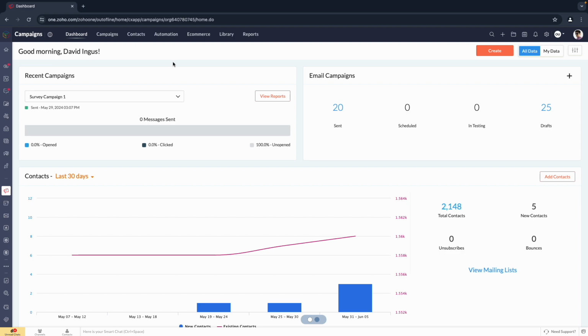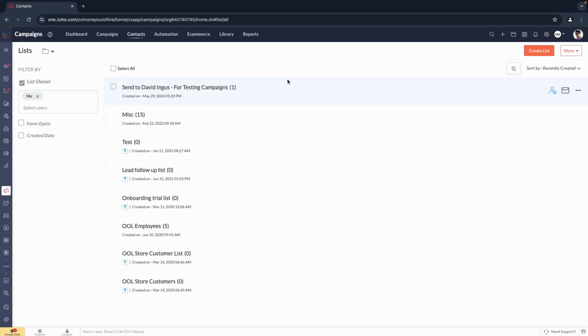So I'm going to now just hop over into Campaigns and click around and show you some stuff. Basically, when we're in Campaigns, the fundamental module that's arguably the most important is going to be starting with our contacts. And our contacts in Campaigns are always organized into different kinds of lists. There's the ability to go beyond that and to put tags in lists and to segment lists and everything like that. But generally speaking, we are always wanting to think about the audience that we're trying to send an email to in terms of a list that we put them in.